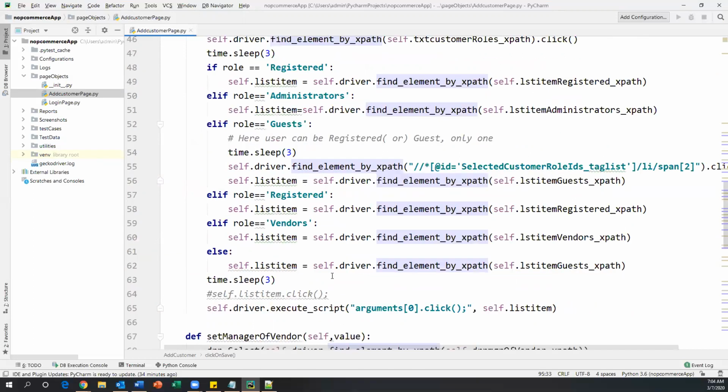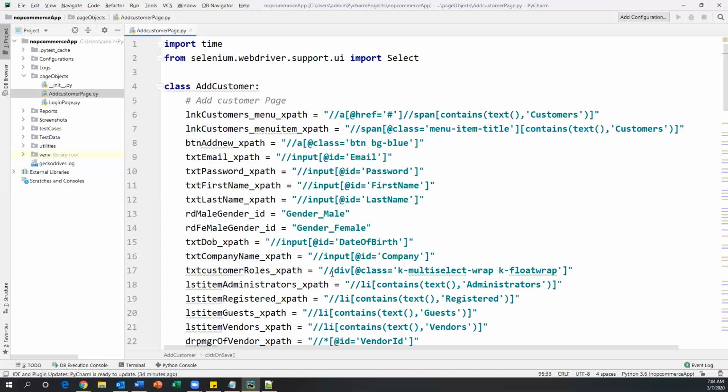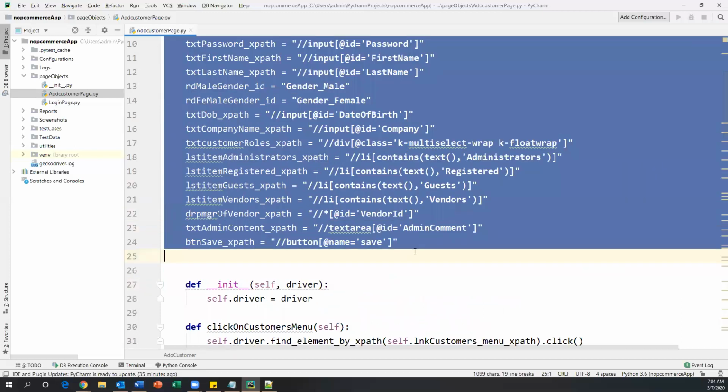So once you created this page object class, this will take a lot of time, guys, especially writing these locators is a very huge task and tedious task also sometimes, because we need to write XPath very carefully. Sometimes it may identify, sometimes it may not identify the elements. Okay, so we need to try all the different cases. So this takes some time.